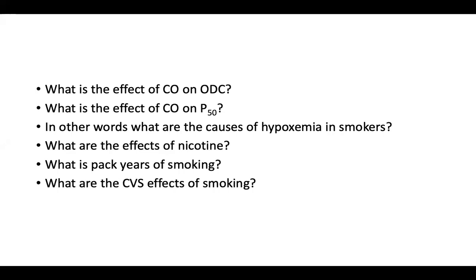So what are the cardiovascular effects of smoking? We'll come to it system wise. In the cardiovascular system, it stimulates the adrenal medulla, and adrenaline is produced, which causes increased contractility and increased oxygen demand. It also stimulates the sympathetic system, so there is an increase in heart rate, BP, and peripheral vascular resistance. Also, it resets the aortic and carotid body receptors. So there is an increase in BP,